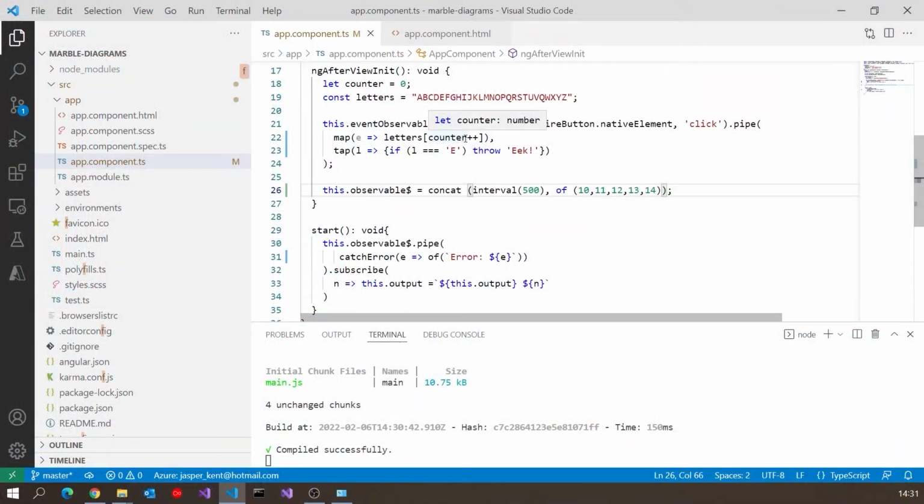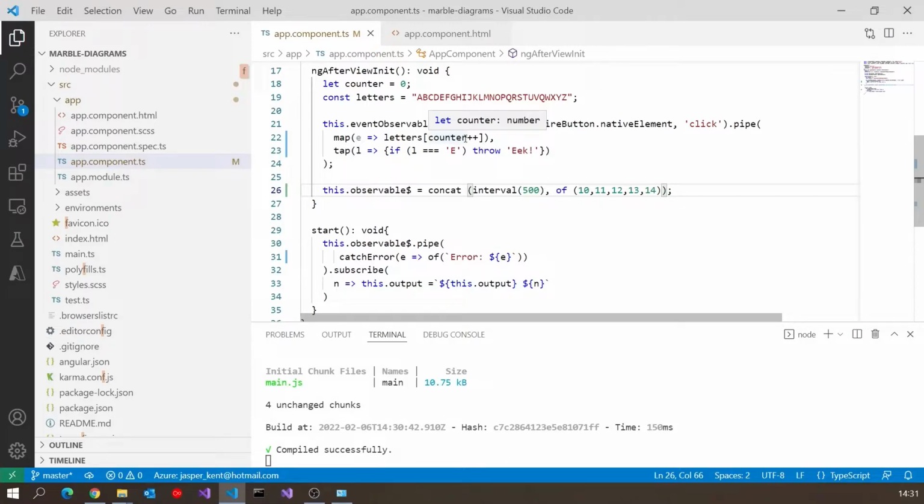Now, the last area I want to look at is where these diagrams start to get really quite interesting, and this is the area where I find, as a reasonably experienced programmer in this area, I start to make most use of them. These are the ones that I find hardest to get my head around. And this is when we have observables of observables. So let's go back to the code and let's start putting that together.